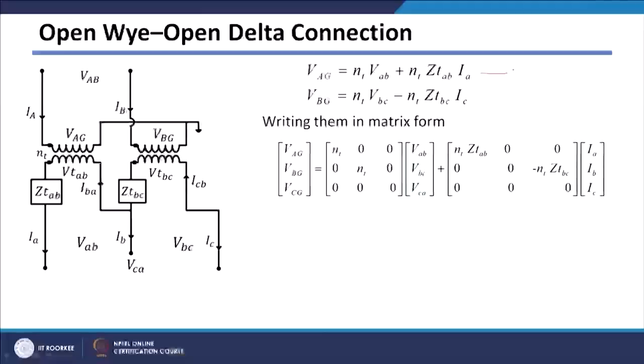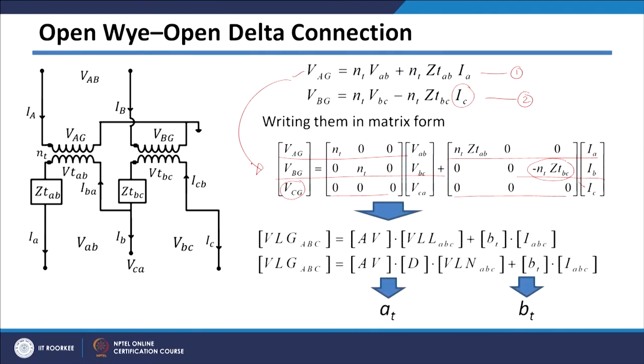These are equations 1 and 2, which I have taken from the last slide. The first equation in matrix form is this equation, and the second is this equation. In this case there is no term related to CG, so that is why I am making this row 0. However, there is an entry related to IC, so this term will get multiplied by IC. So if you put these two equations into matrix form, I will get this equation here,